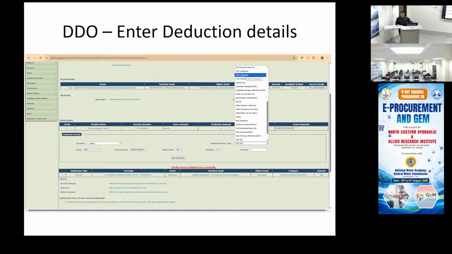Means suspense account is a commercial bank account which has to be linked with PFMS. Suspense account is an account head for parking the fund. Yes, like holding. Something like that. So when you make the payment of the professional tax to the state government, you will generate a bill. And when you generate bill, you saw that add account head, all those things in the PD maker. PD maker will add the account head of that suspense account. The suspense account head will be added, and then sanction generated, and then if you want to make it by check, you have to click check, or you can, if you have the account number, you just add the account number and add vendor. Okay.